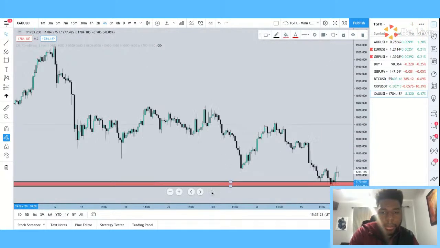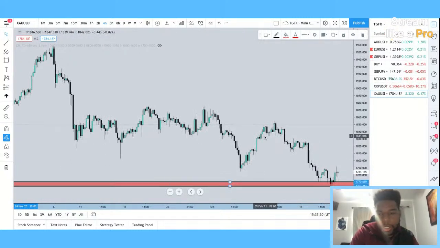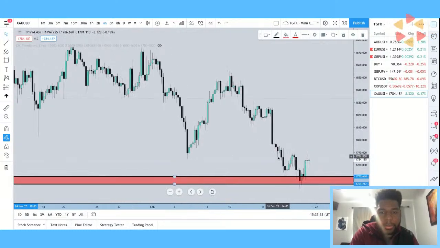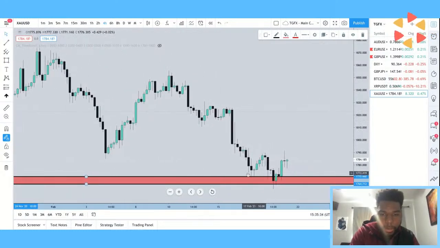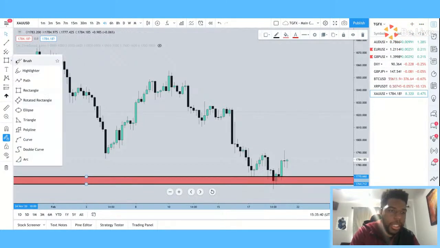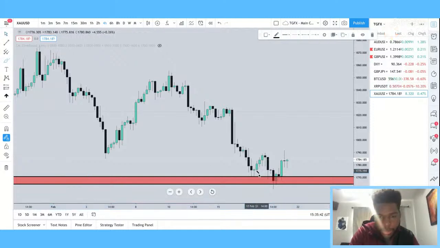And you can notice how accurate these are. So for example, if you had this zone drawn from the previous one that we just did, when price came down to it, you could have found an entry, number one here to ride it up, and also another entry once price retested it again. So let's break that down real quick, and then we'll go back into the overall bias of this market. So if I circle that area,